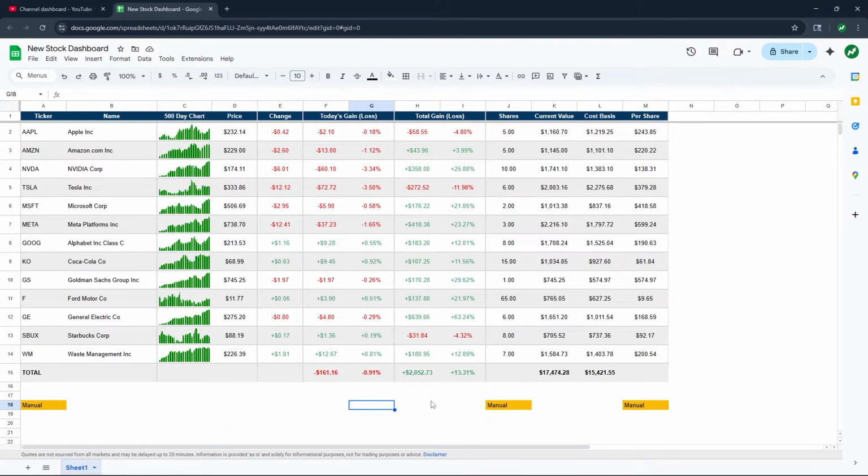Today, I'm going to show you guys how to make this stock dashboard in Google Sheets that will track all